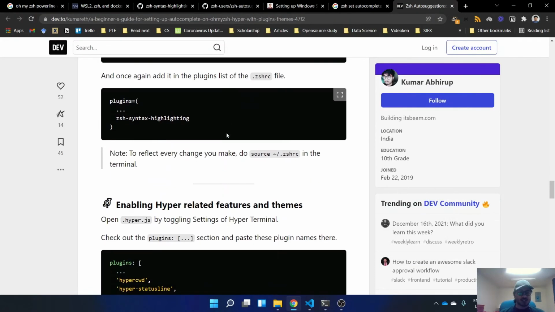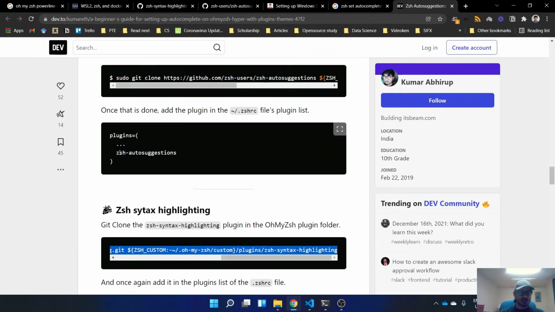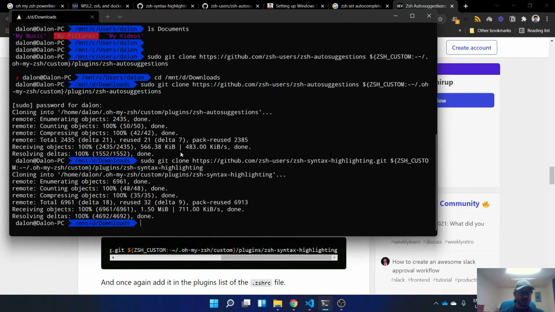So since both are done, now I can add this to the plugins, which will be here. Probably do ZSH RC,